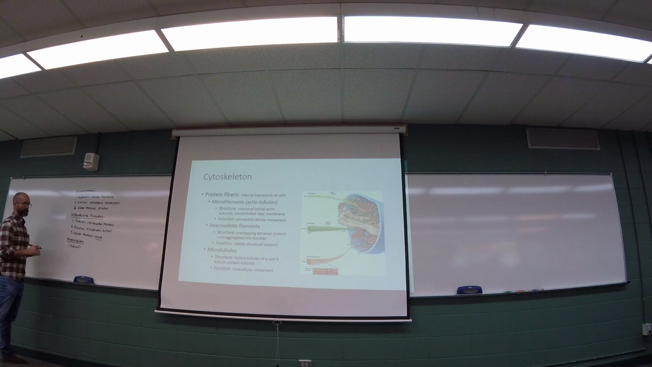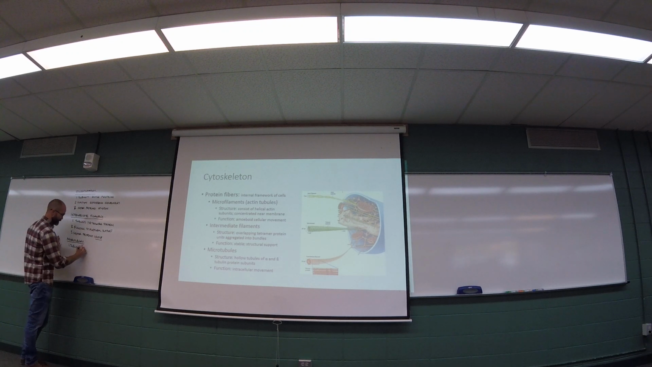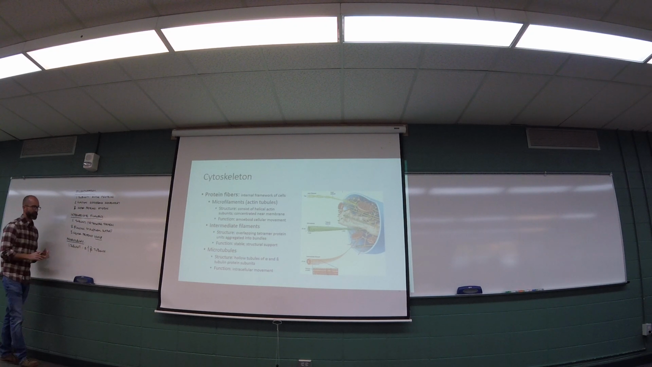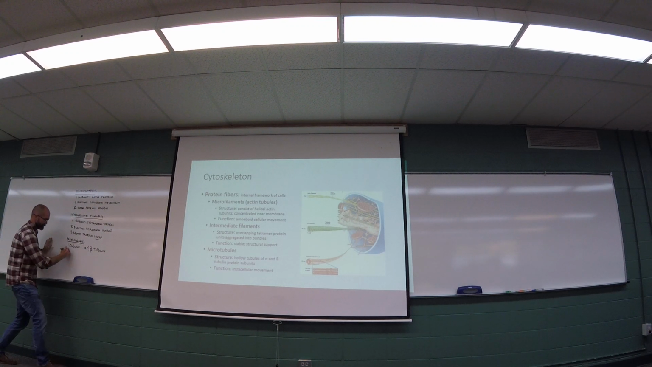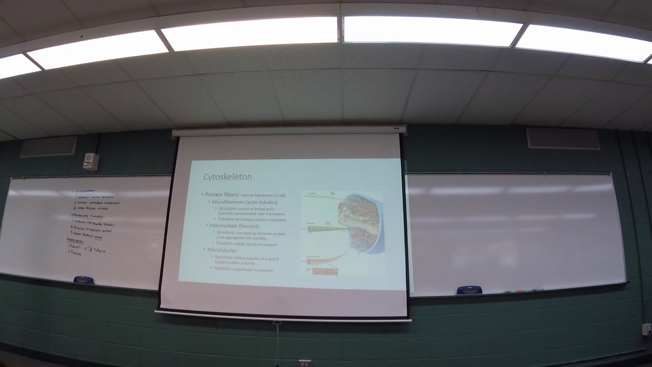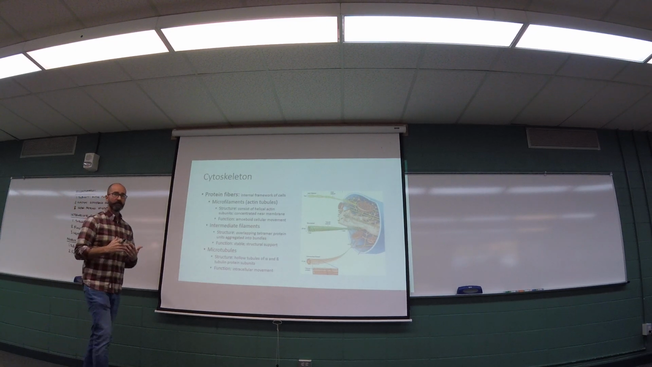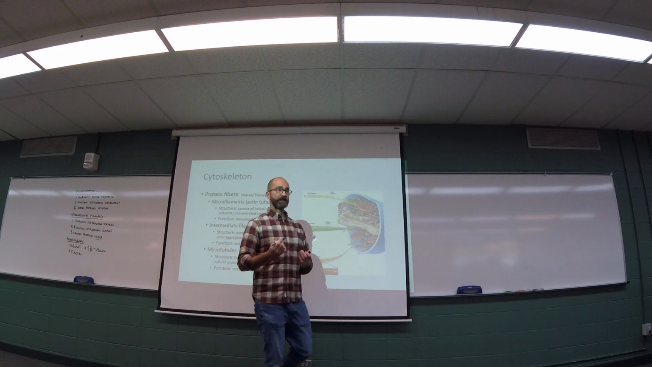So the subunit is alpha and beta tubulin subunits. Alpha and beta tubulin. The function is intracellular movement. So when we want to move stuff about inside the cell, we do it on highways created by